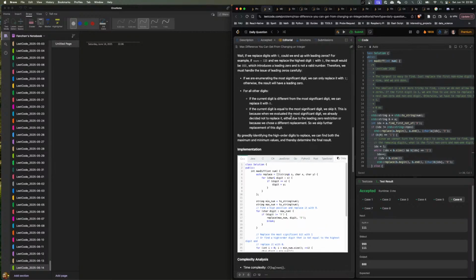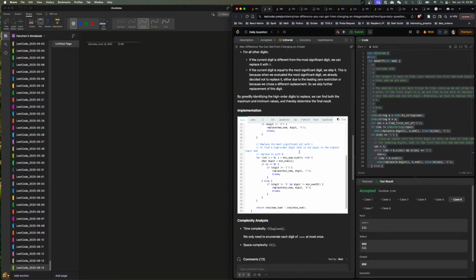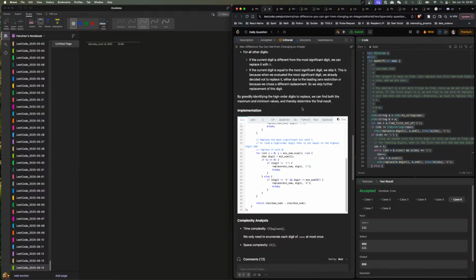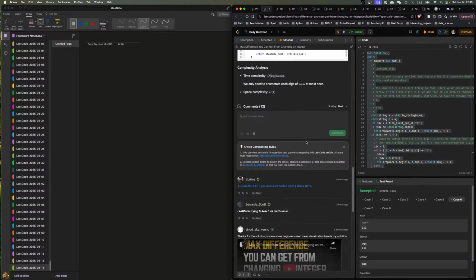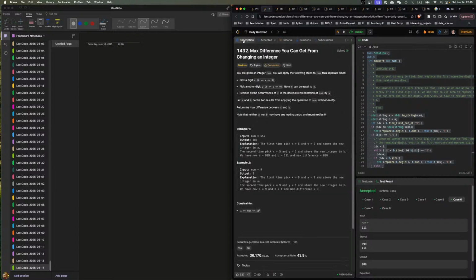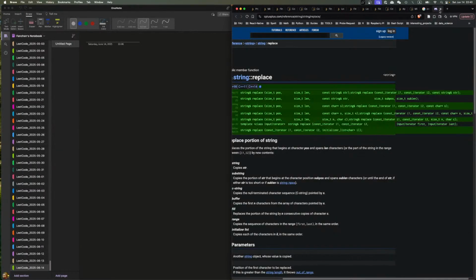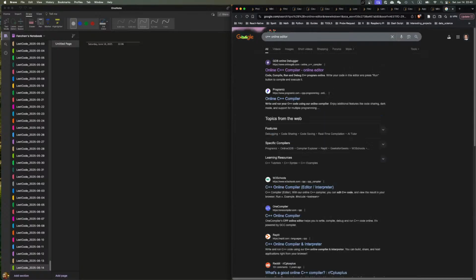I think yesterday's problem was definitely good practice for this one. It's definitely not as simple as yesterday's solution. Okay, so this is not what we really worried about. The thing we really worry about is the C++ side. Okay, let's go to a C++ online editor. All right, so that will be it. I will have to deal with the